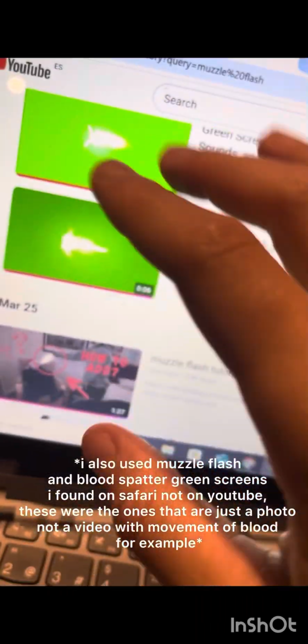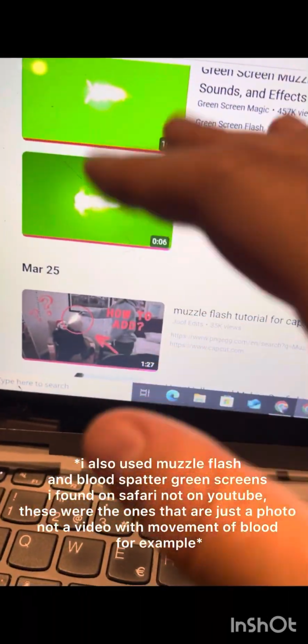These were also muzzle flashes. So obviously you can only see this one here, but for example in these videos there would be various different ones. There would be big ones, smaller ones. So I would try and add them in making sense and they wouldn't. And that's also